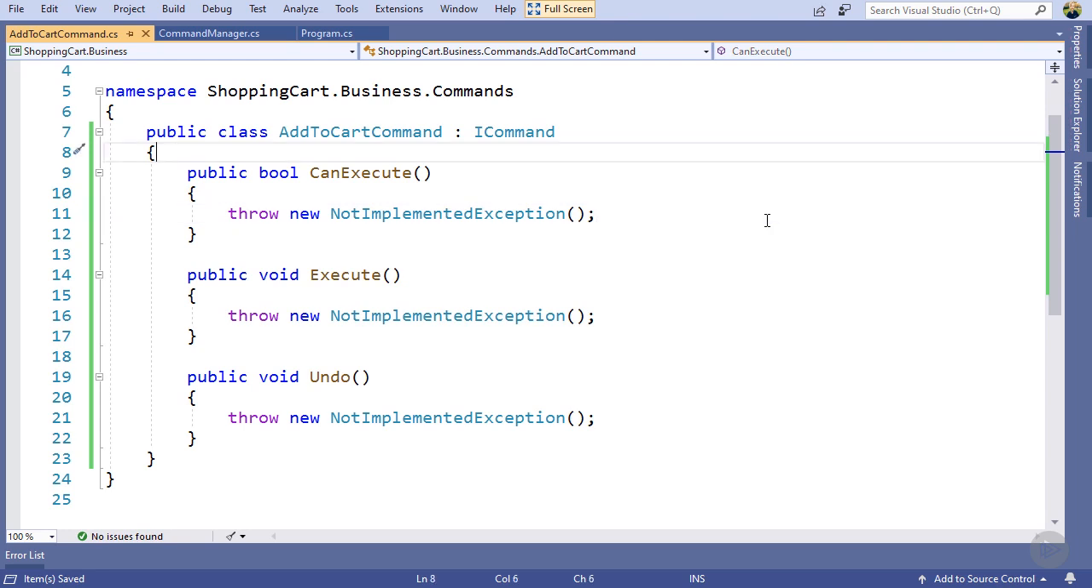And of course, there are different implementations of the command pattern. In some implementations, the can execute as well as the execute method might take parameters. Like in WPF, for instance, it will pass a parameter to execute and can execute. Although I'm a firm believer that the command itself should take all these parameters in the constructor to make it easier for you to execute these commands without having to rely on any external input as the command is being